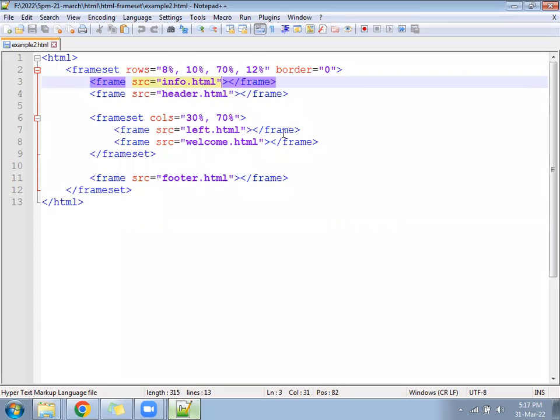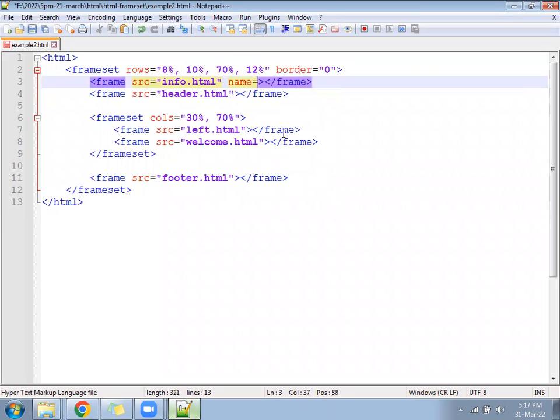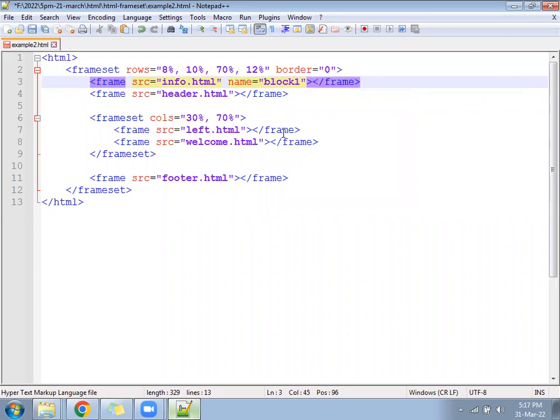So suppose for the frame we have, in that we have given info. We'll write here a name for this frame, a name for this particular area, maybe block1, a small b, block1, without a space. Block1. Okay. A small block1, right. After writing that,